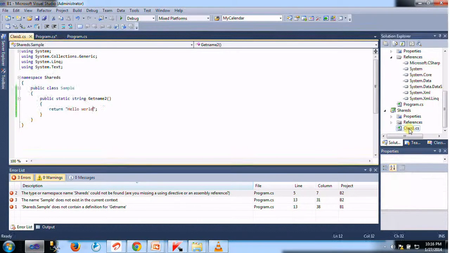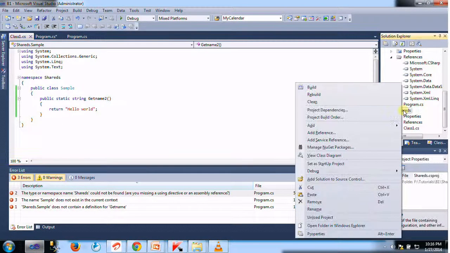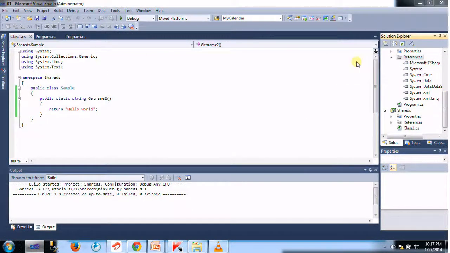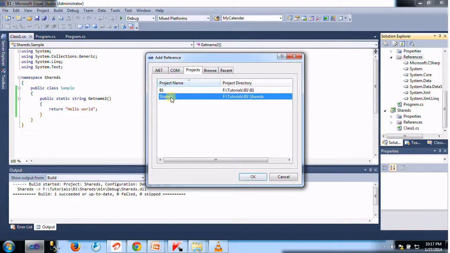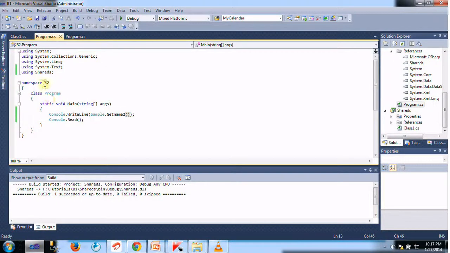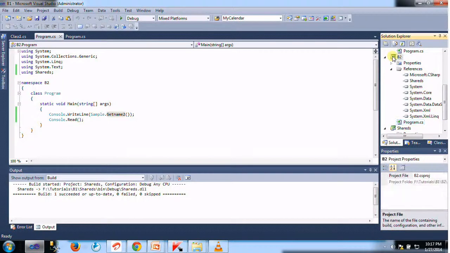In my shared assemblies I have hello world GetName2, and I build this again and add the reference to this shared assembly, click OK, and within my P2 application I call the shared assembly's GetName2 method and build the P2 application.